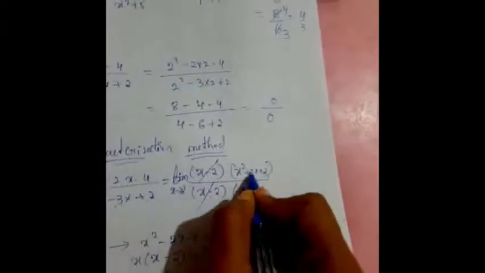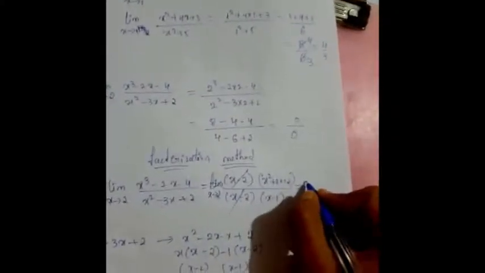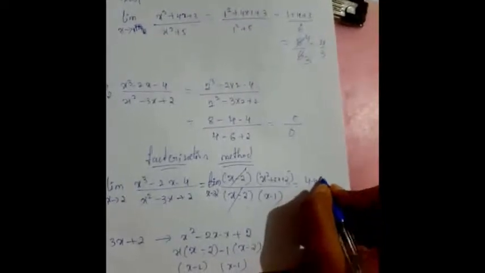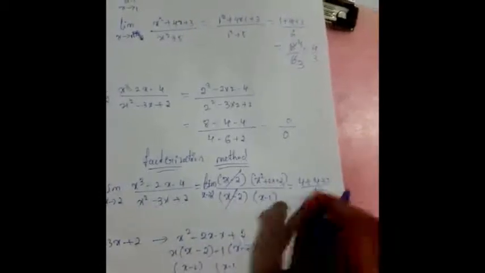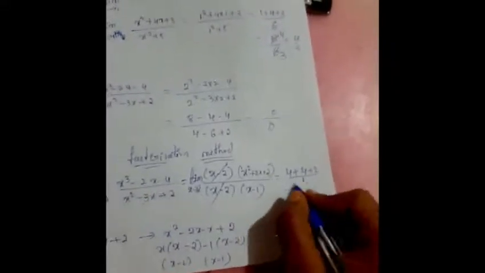Then we substitute the x tending to 2 value on this side. Wherever x is there, we have to put the value 2. I will write directly 4 plus 4 plus 2, divided by 2 minus 1, which is 1. So 4 plus 4 is 8, plus 2 means 10. 10 by 1 is nothing but 10. But you got a finite value here. Isn't it interesting? First you directly put this value, you got indeterminate. If you do the factorization method, you got a finite answer, 10.